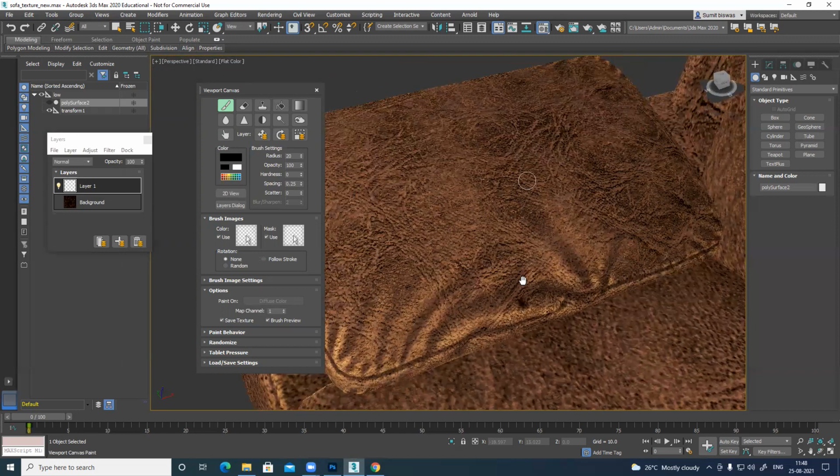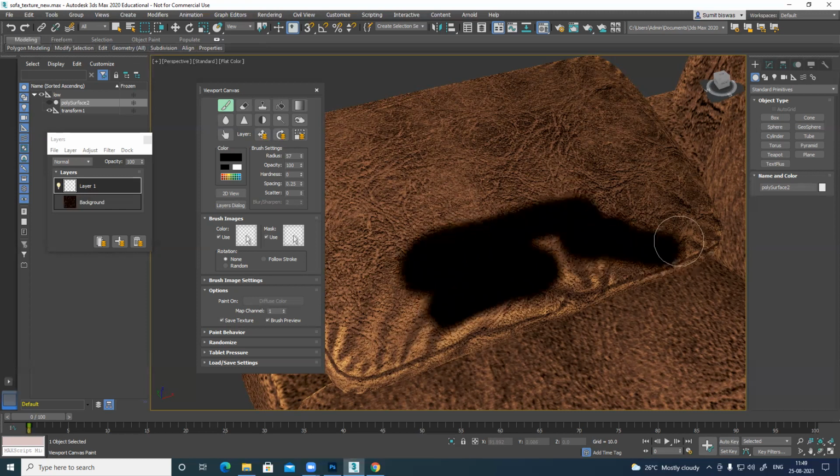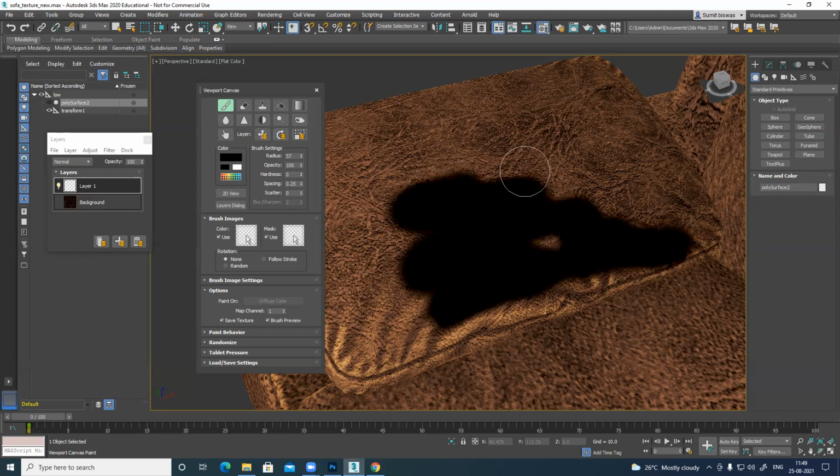You can see the moment you click this, the texture becomes very crispy. That's the default setting of Max, so don't worry about that, because it's an empty layer anyway, I need that only. And here you can see the radius of the brush. I can increase opacity, hardness, all those things you can change. So let's add those to a few areas. I'm just adding some corners, just marking those areas. That's it.